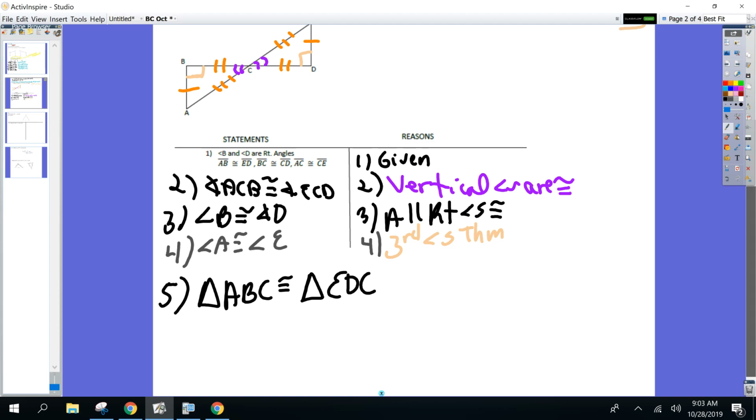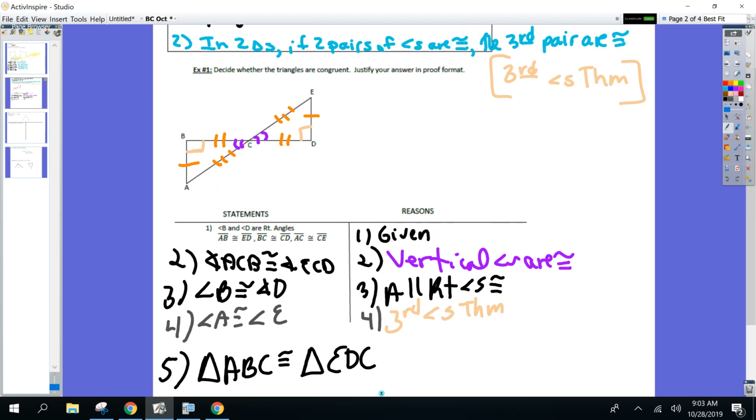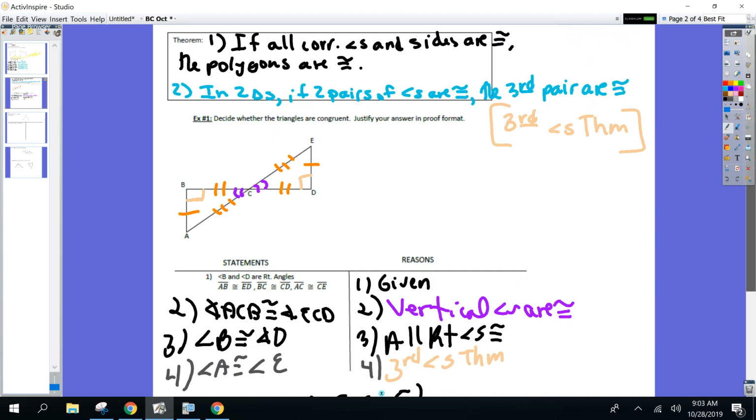All right, I always make a quick glance myself. Let's see, A and E, good. B and D, good. Side AC should match up with EC. Perfect, I like it. And then my reason: how do I know they're congruent? If all corresponding